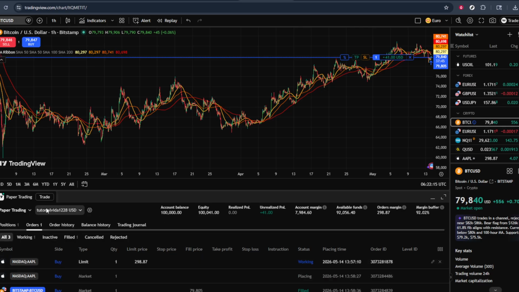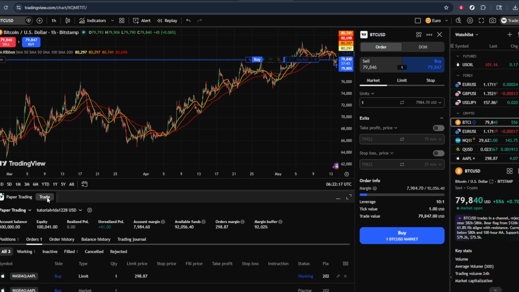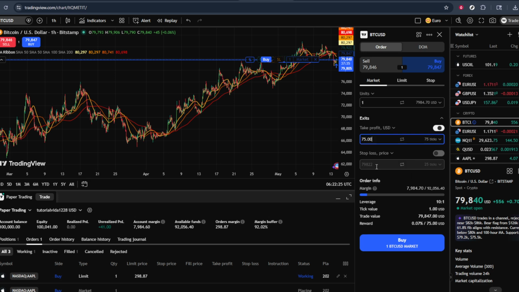When the panel opens, you'll see several tabs. Look for the one labeled Trade or Trading Panel. Go ahead and click on that. If this is your first time here, TradingView may ask you to connect a broker or sign in to a paper trading account. Follow any prompts on screen to connect your account so the platform knows where to send your orders. Once the trading panel is active and your broker or paper trading account is connected, you're ready to start